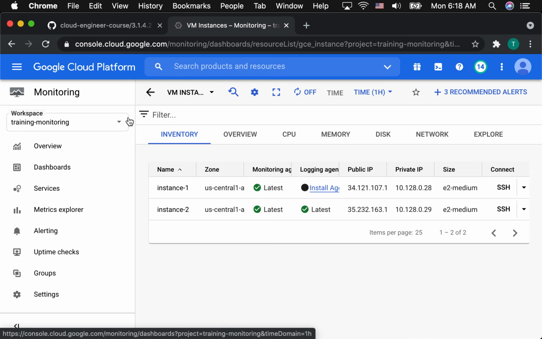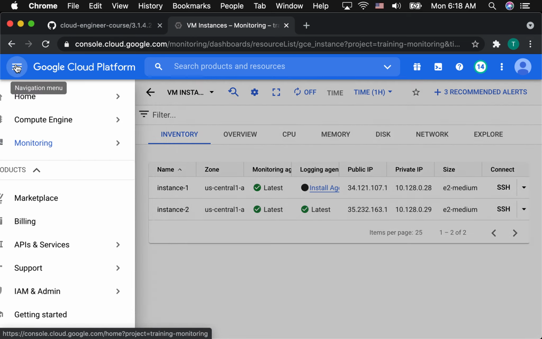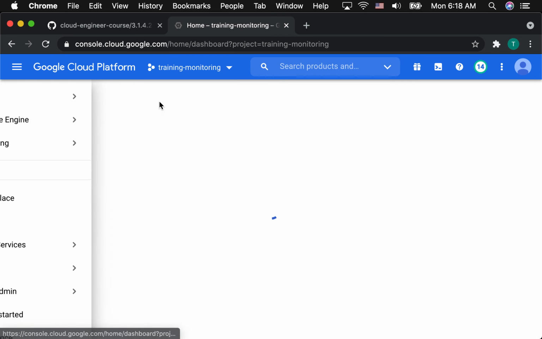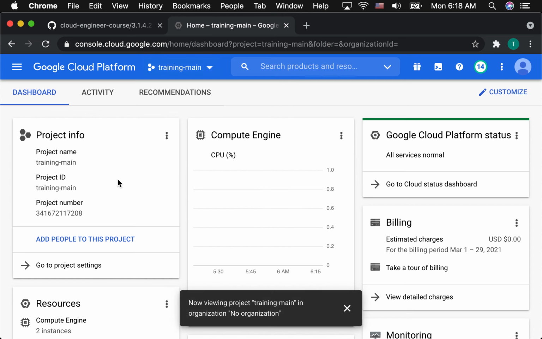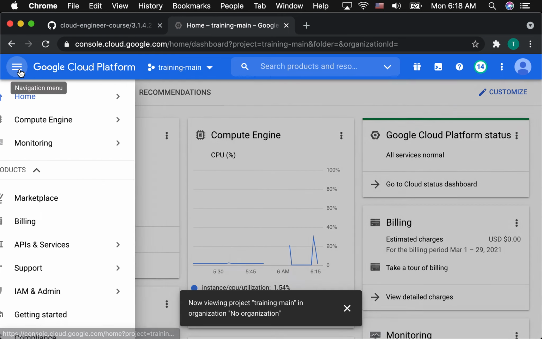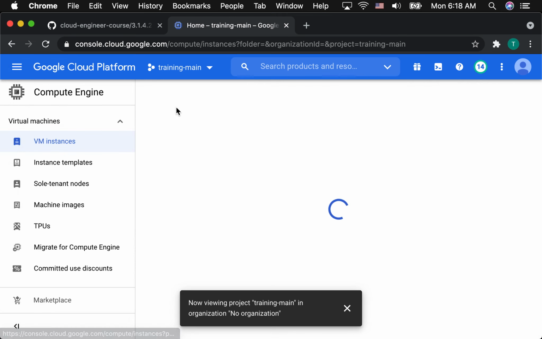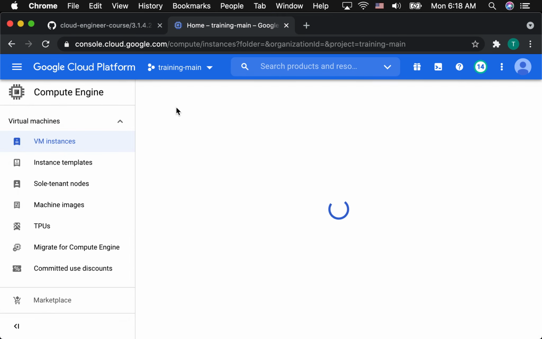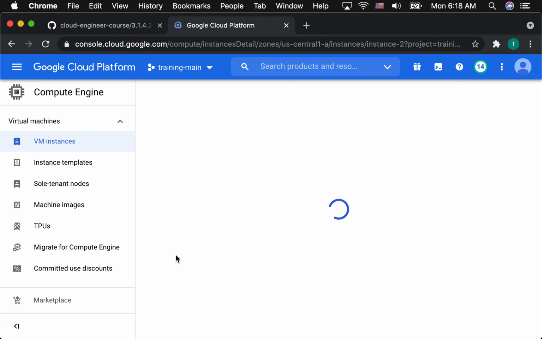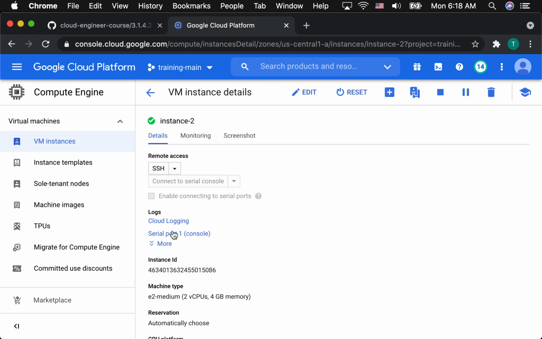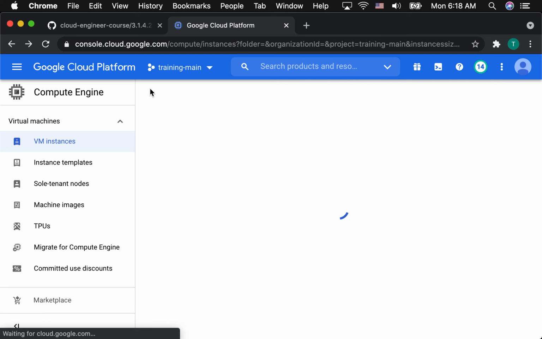Well, let's go to the easy button first. So let's go to training main and go to compute engine. So if I go to instance 2, you will notice that there's this logs entry now that's here that we didn't previously see. So if I go back to instance 1, pretty sure you're not going to see